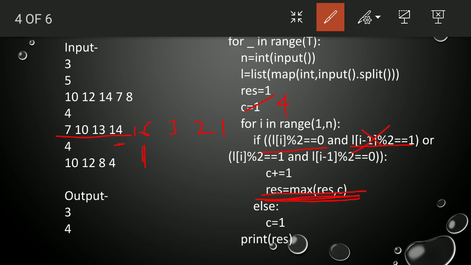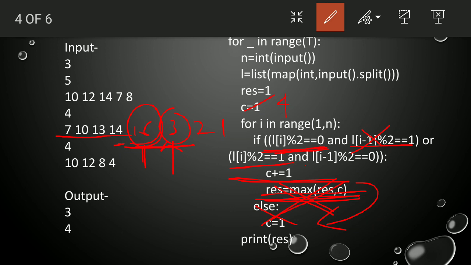And suppose we have not written this statement as well as the else statement, because this statement is considered with this. So suppose we have written up to here only. Now the C value is 4. Now it will come here. Now it will check if this value mod equals 0, no. Is this value odd? Yes. So it will check whether the previous value is even? Yes.